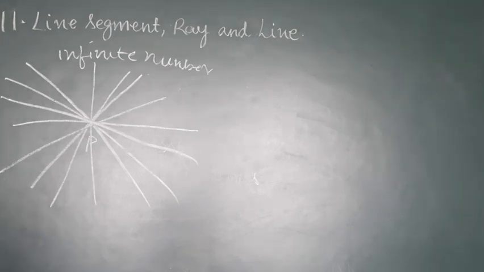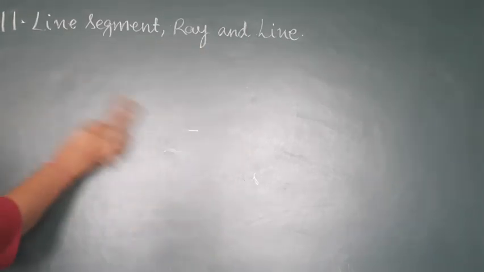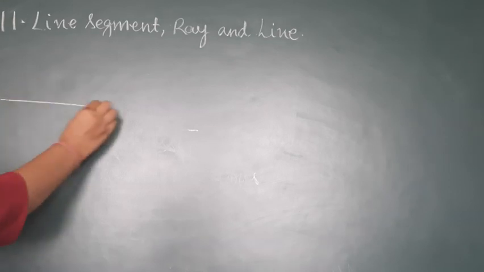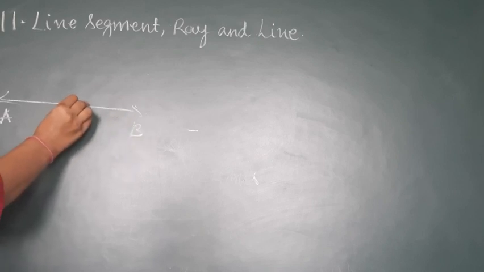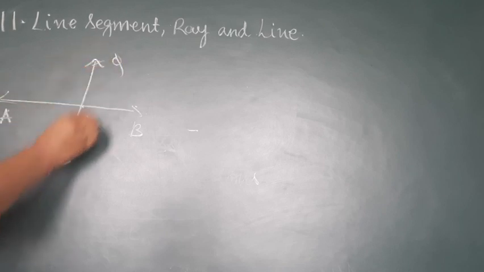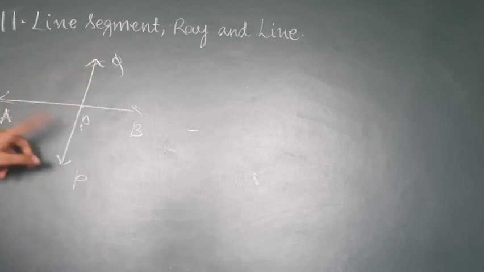Now, what are intersecting lines? If two lines meet at a point P that is common between the two lines, they are said to be intersecting, and that point is said to be the point of intersection. For example, this is a line AB, and there is a point P on this line, and from this point P there is one more line passing, that is PQ. So P is the intersecting point of AB and PQ, and these two lines are said to be intersecting lines. This point is called the point of intersection.